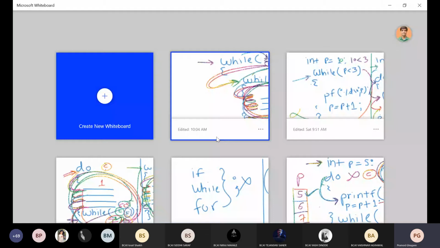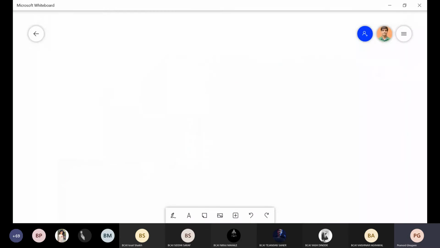Now we'll understand in another way also. Okay, I will take the for loop here. Now we'll write a for loop.